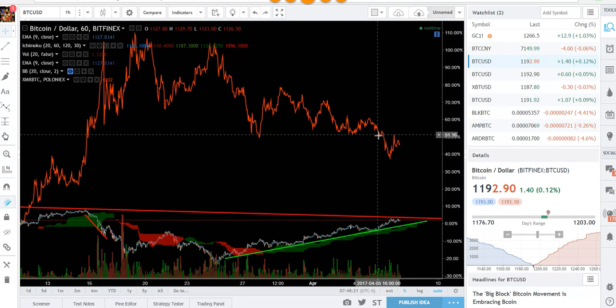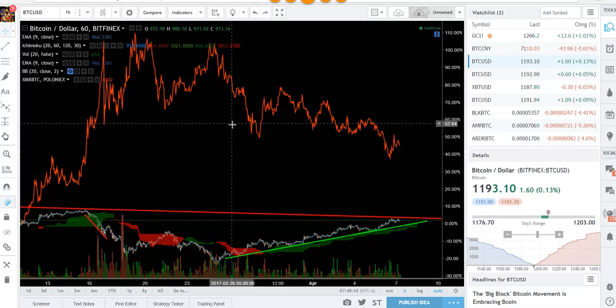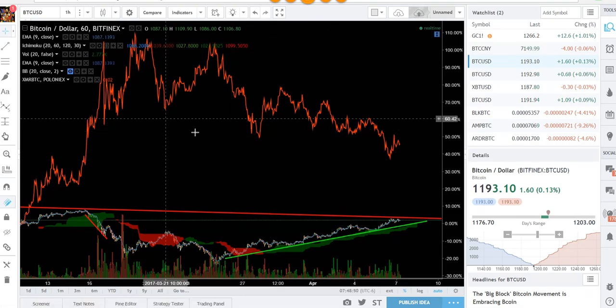But since Bitcoin right here bounced, where people thought Bitcoin was going to sell down, and then it bounced. When Bitcoin bounced right here and ran up towards 1200 again, the alts took that as a time to sell down to the next retracement level. So the way that these markets interweave with each other is very important. And how the strength of each of these markets